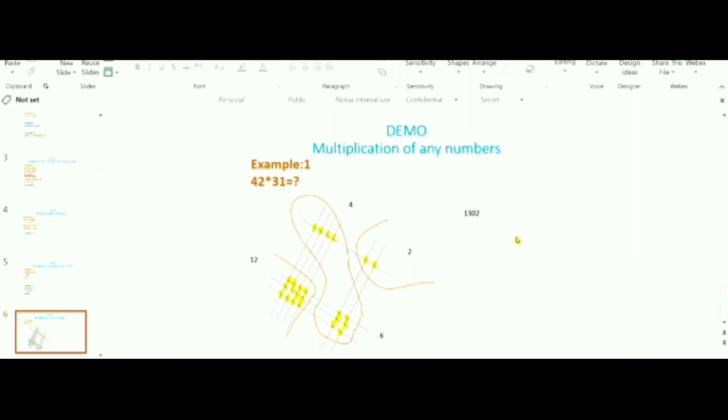So like that you can try for more numbers also. You need to make a diagram and take this part as the last number, then add these 2 middle parts, and if it is 2 digits, take 1 digit to the next. Then 12 plus 1, 13. Here, in case 2 is here, 6 plus 4 equal to 10. So keep 0 and take 1, and 12 plus 1 equal to 13. This is the answer. You can try like this. If you make it a practice, I'm sure that you can do it much faster than how I did.